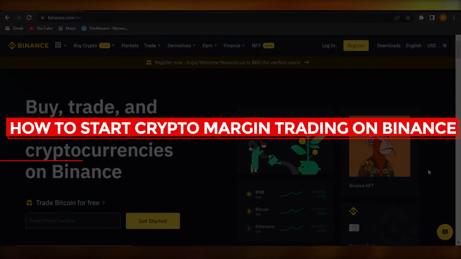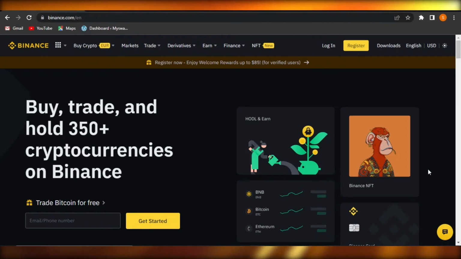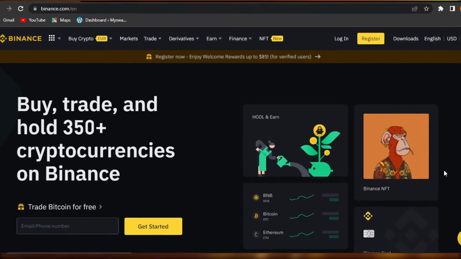How to start crypto margin trading on Binance. Easy tutorial for beginners. Hi guys, welcome back. Today I'm giving you a tutorial on how to start crypto margin trading on Binance. So let's get started. First, what you guys need to do is go to Binance.com and you will